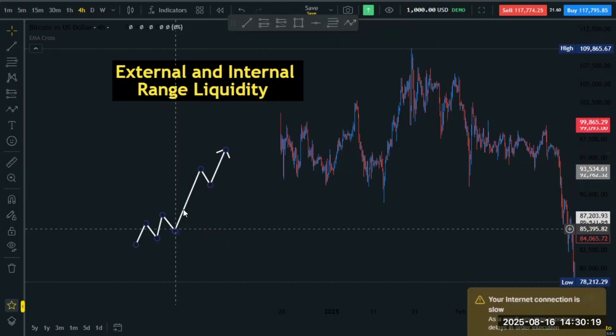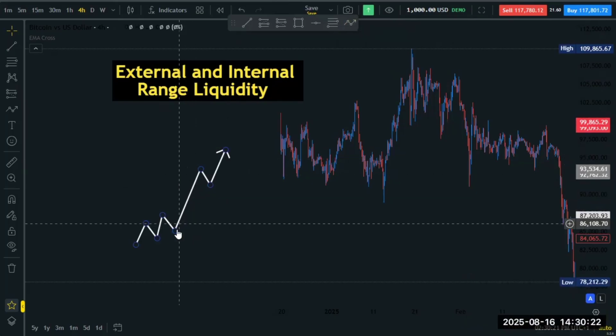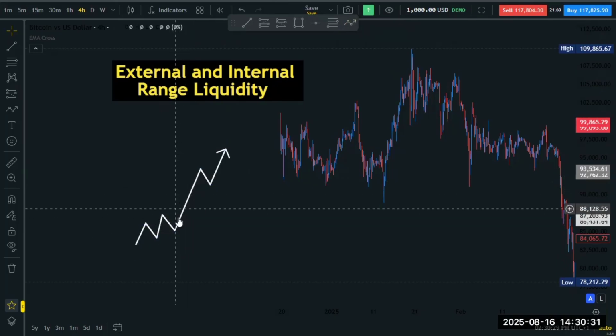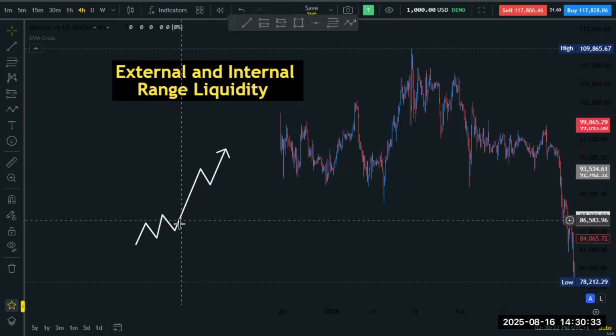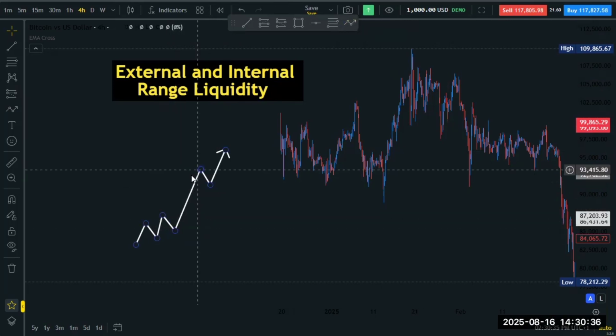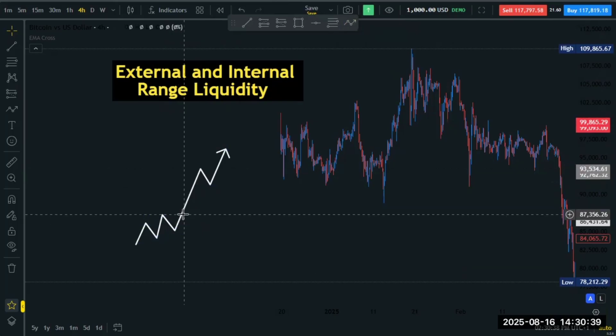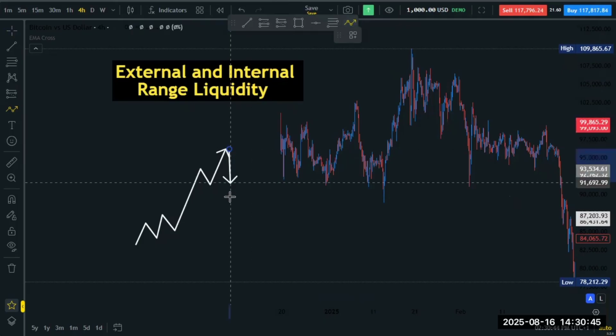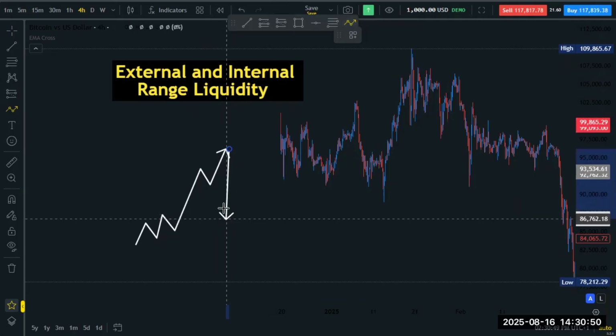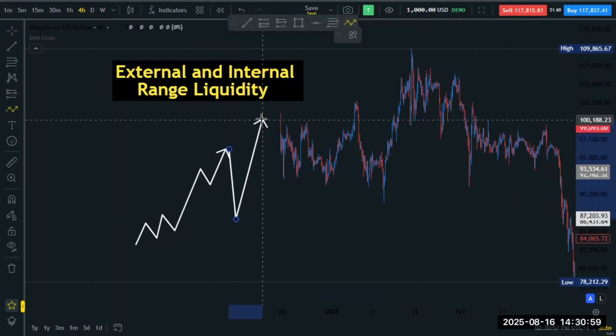This large gap that is created is because there are unfulfilled orders. So there will be orders. People are making their orders here. They want to buy, but the market has moved with speed that they were not able to be filled. So what happens is that the market has to come back to fill these orders. So it will come back and try to give opportunity for those that did not enter by filling the orders, and then it will continue if it has the intention